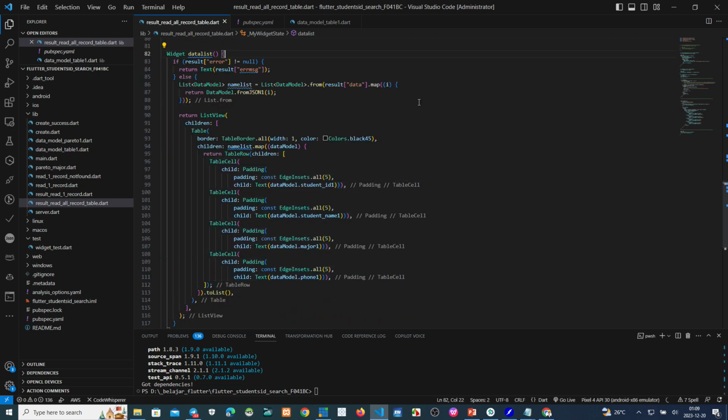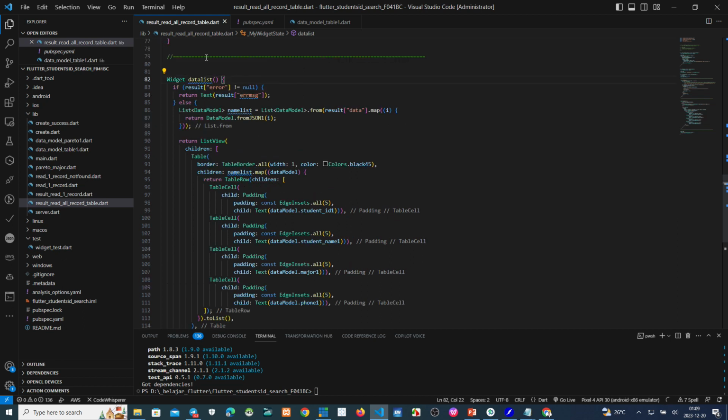We see this one because we use the data model to convert the JSON to this parameter. See this one, student ID 1, this comes from the data model.